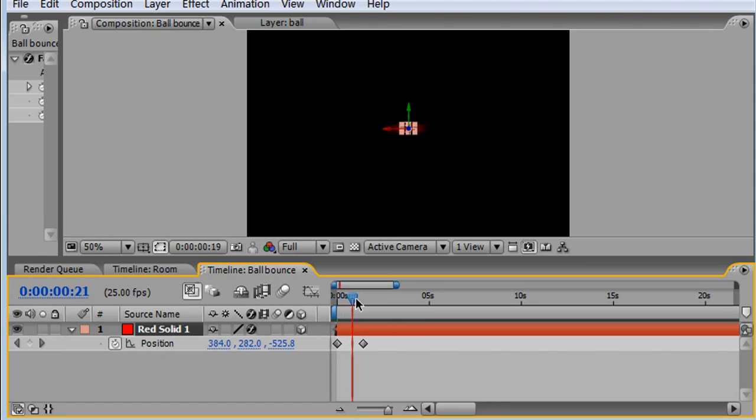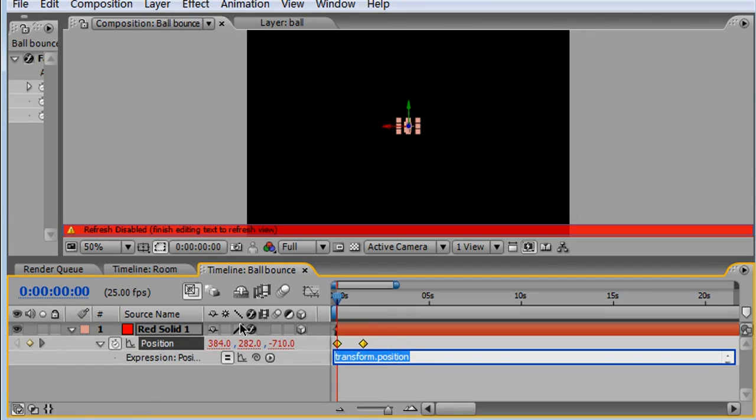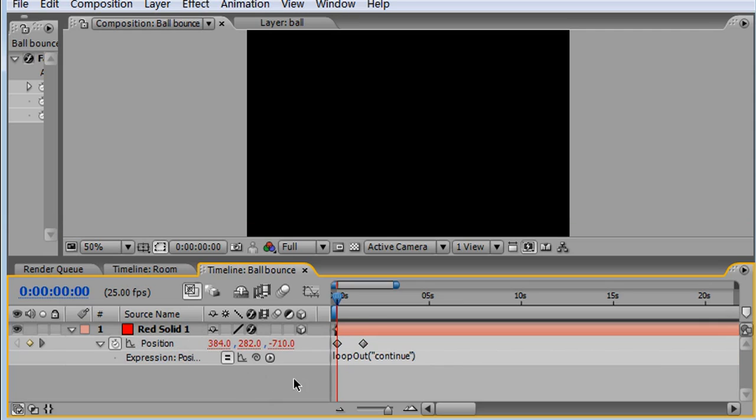Now here what I've set is a couple of keyframes. I've animated it across the Z-axis, so we're moving into the screen along the Z-axis. And if I Alt click or Option click on the Mac, this stopwatch again, and I type in loopOut, open brackets, open quotation marks, and this time I'm going to type in continue in lowercase, and then close my quotation marks again, close my brackets. And now what happens is, if I do a run preview,